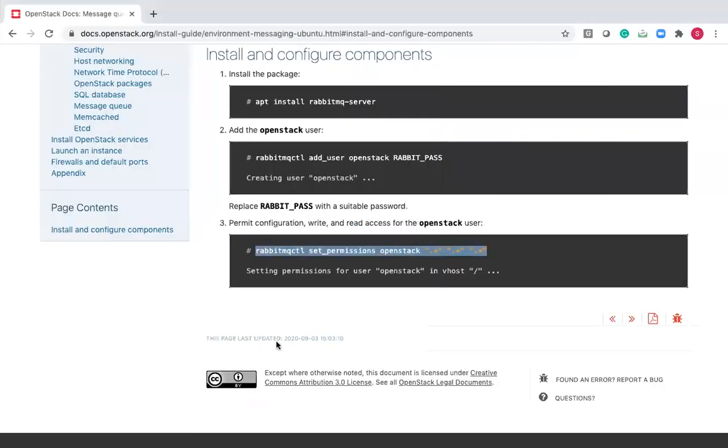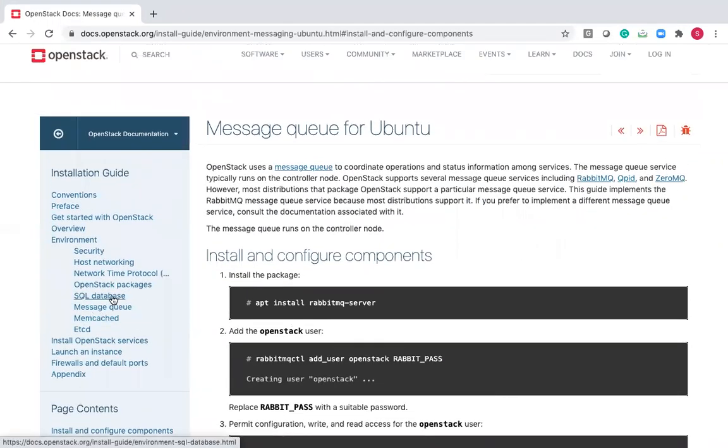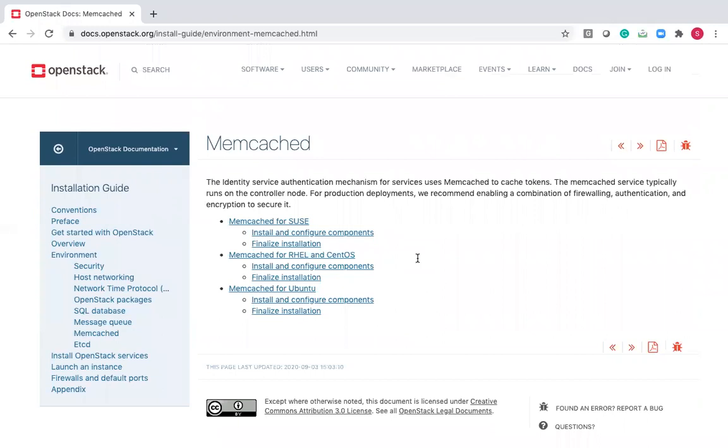Okay, now what I want to do, after this installation, you need to install memcache. Why we need this particular component is, whenever in Keystone you try to authenticate, it will generate some token. That token will be stored in the memcache server. Okay, so memcache is a cache server which will store those tokens.